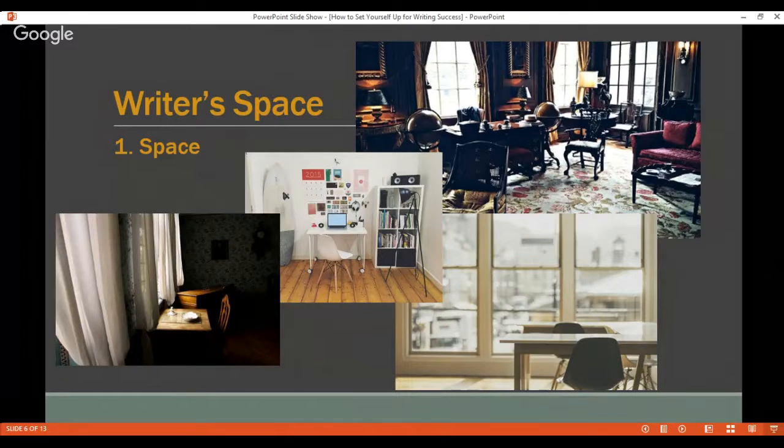And on a day that I'm really busy, I might write for just 10 or 15 minutes. On a day where my schedule is lighter, my to-do list is lighter, I may spend more time writing. I may write for an hour or an hour and a half before moving on to my other tasks. But that's what I do. My space is in the kitchen. It's very early in the morning, which I love to write really early in the morning.